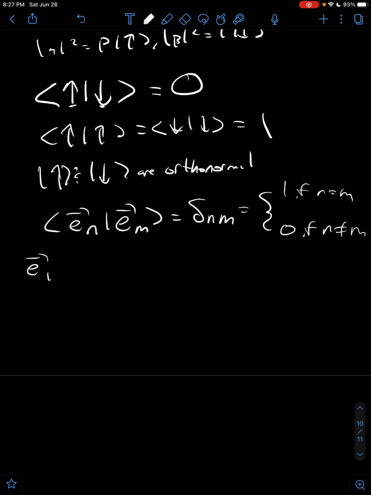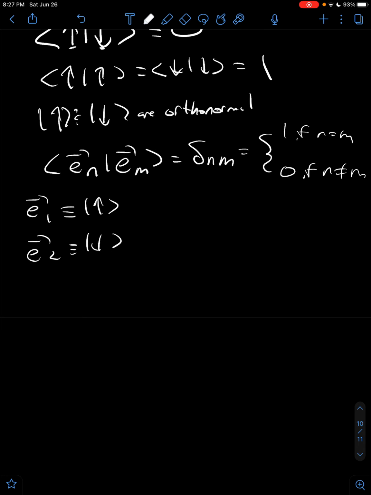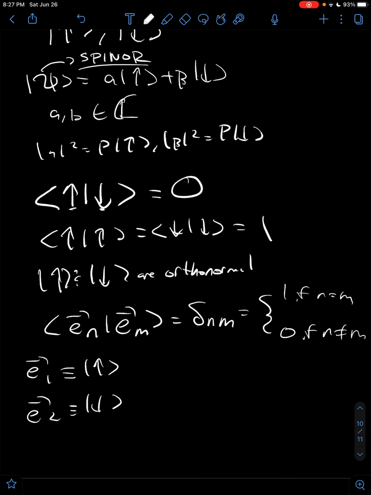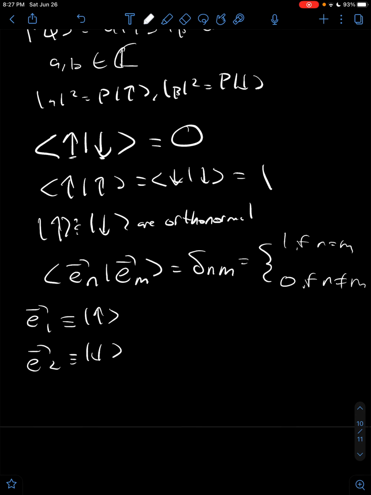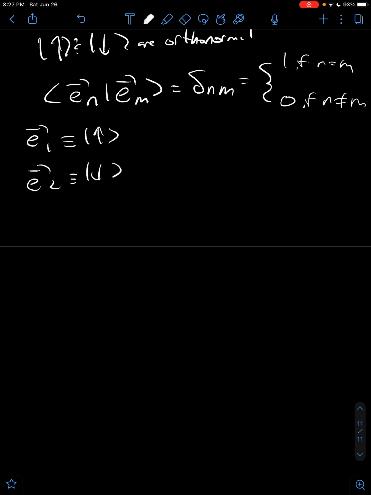Now, E1 is defined as the spin up state, and E2 is defined as the spin down state. That's just an abstract way of representing the spin up and spin down states. Okay, so what's next? Okay, so yeah, remember how